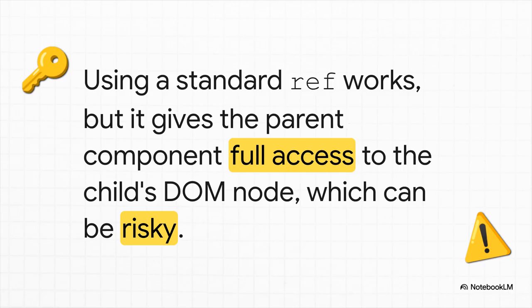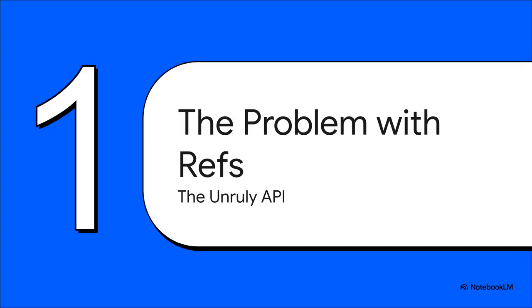But there's a catch. A pretty big one, actually. You've just handed the parent component full, unrestricted access to that child's internal DOM. And that right there is the big problem with just using raw refs. It creates what I like to call an unruly API. Handing over a direct ref is like giving the parent the master key to the child's entire house. They can go in, rearrange the furniture, paint the walls, they can do whatever they want, and that's not always